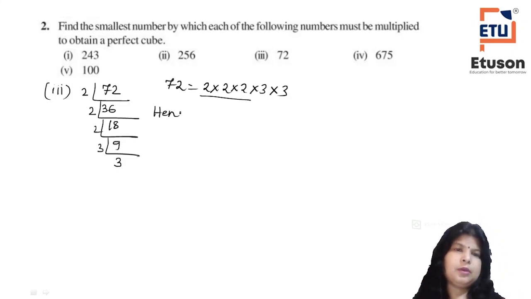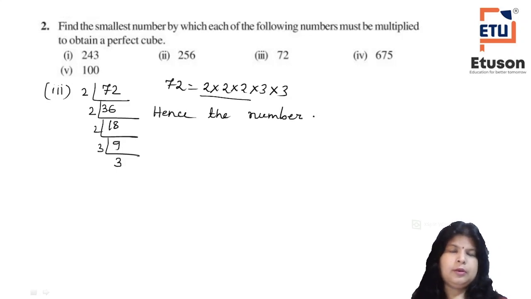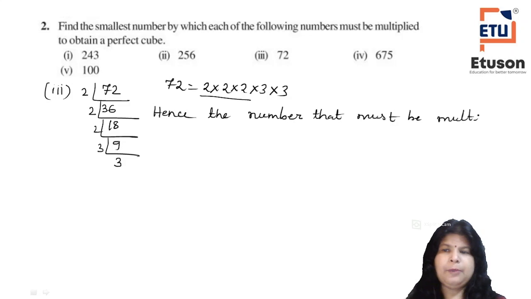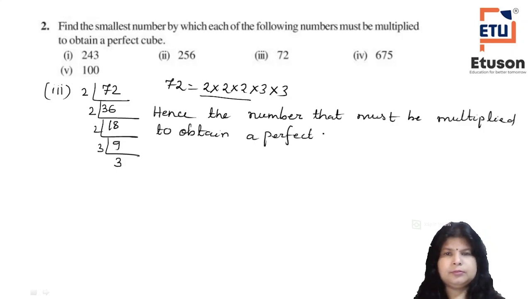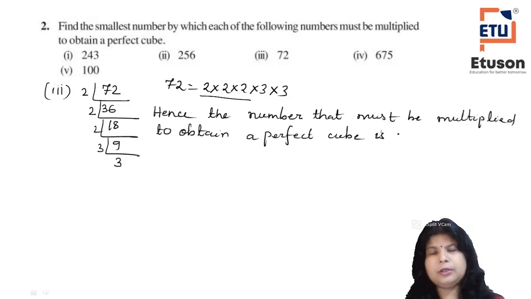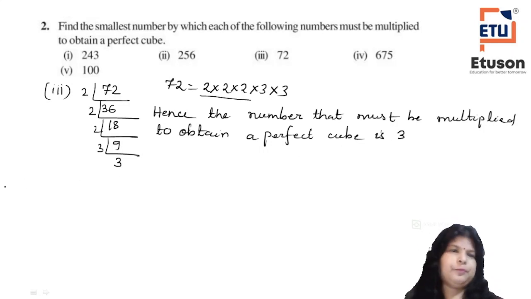Hence the number that must be multiplied to obtain a perfect cube is, how many threes you want? You want one 3, right? Is 3. Correct, children? Hope you have understood. Now let us go to the next bit, that is